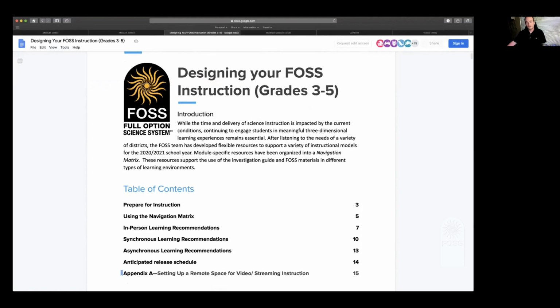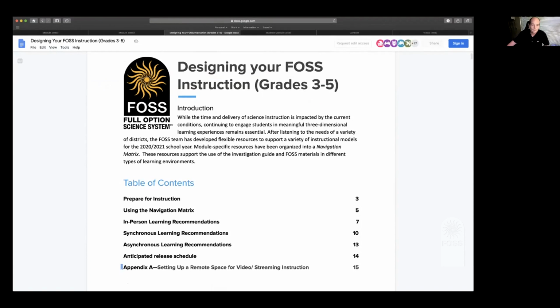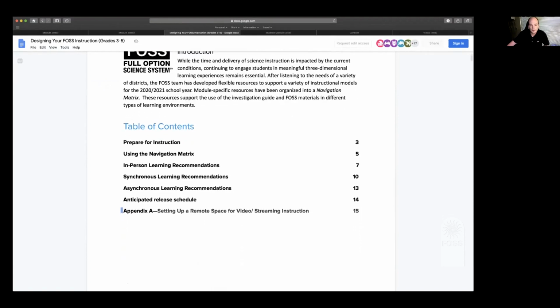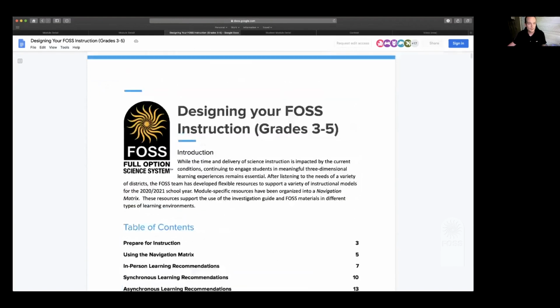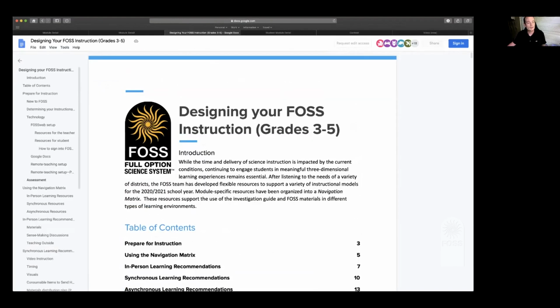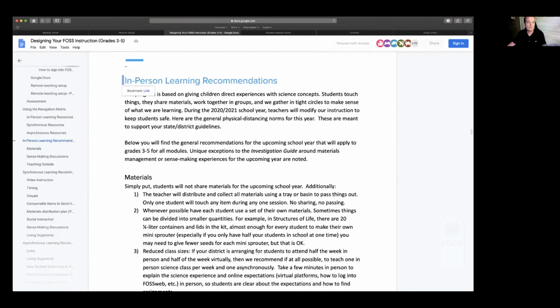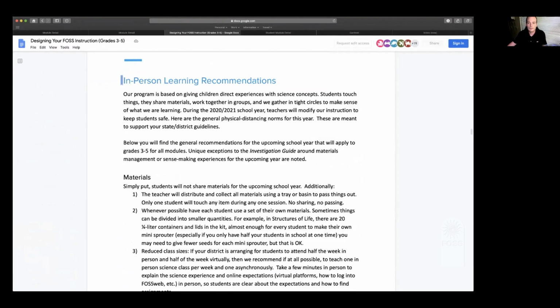So this document and a similar one is going to be live for K2 in a day or two here. But depending upon your approach, there's a number of different places in this document to go to. The first one is in-person learning recommendations. So in the in-person learning recommendations,